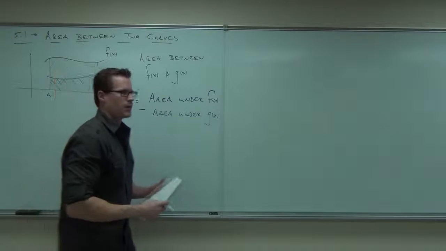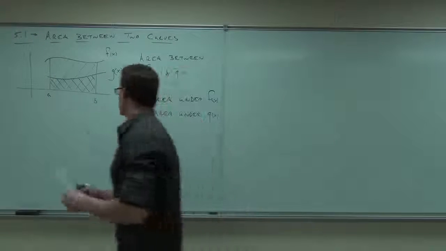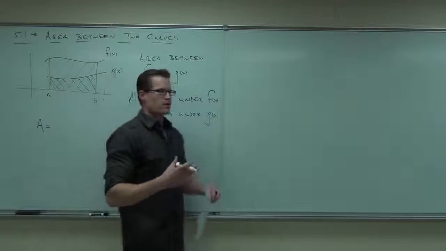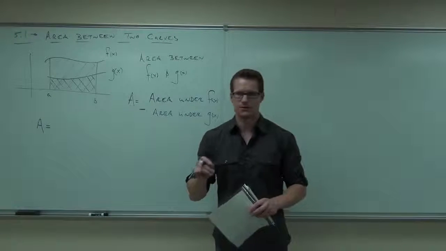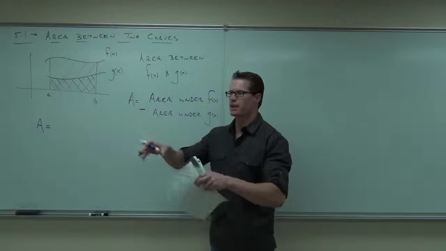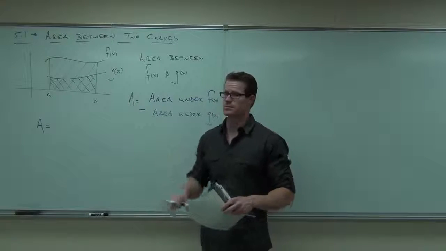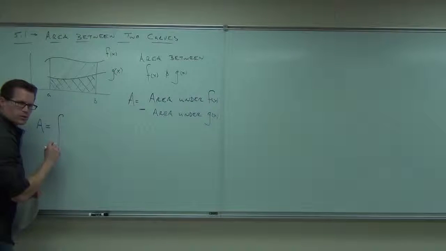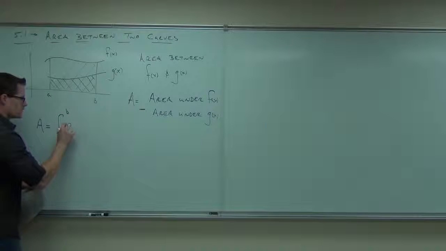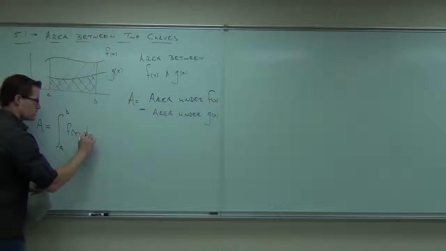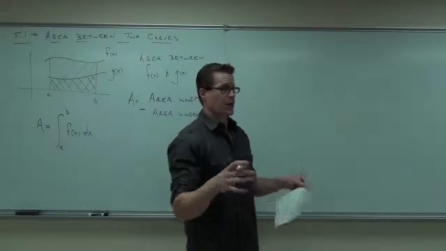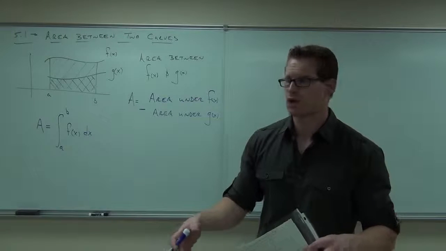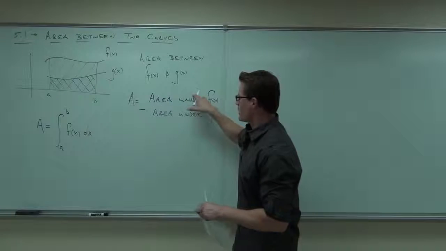No problem. Now, can we do it with integrals? What's the area under f of x represented as? How do you represent the area under f of x as an integral? How would you do it here? Integral from where to where? From a to b of f of x dx. Sure. Hopefully you can see that that's the area under f of x from a to b, right? At least that's what I told you it was, and that's how we've been working with this thing this whole time. So we have the area under f of x, great,